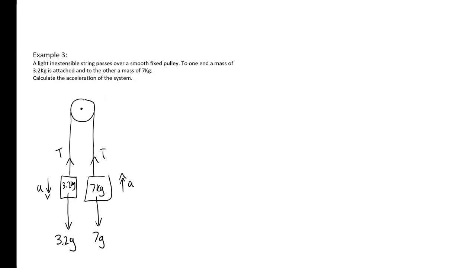Step 4 is to apply Newton's second law, F equals ma, to each object. First we'll apply this to the 3.2 kilogram object. As it's accelerating down, we'll take down to be positive for that one. So we've got 3.2g acting down, and then tension is acting up, which is negative in this scheme. And then that has to be equal to ma